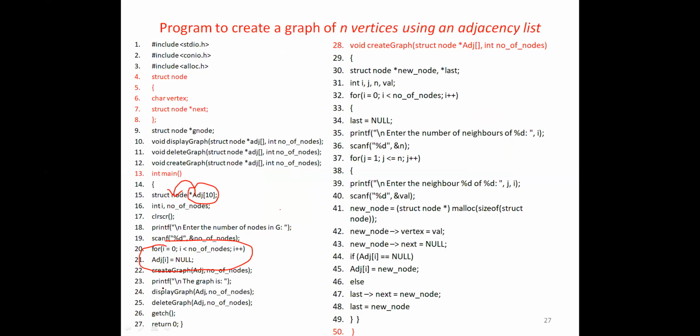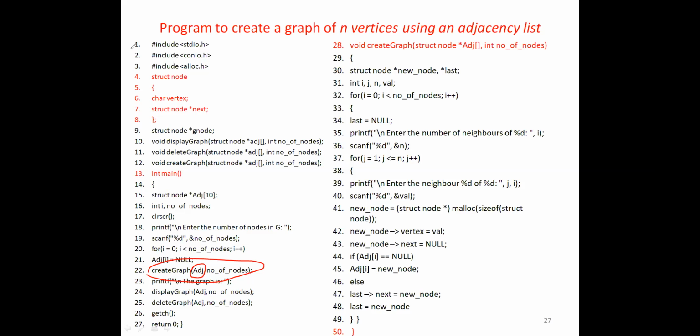Then I'm going to call the function. Now I'm going to store the elements, so I'm calling the function create node. What is the first argument? I'm passing only the array name. It's enough, okay, that you know. If I pass the name of the array, it means the starting address of the array is passed. For example, it will have its own address, right?